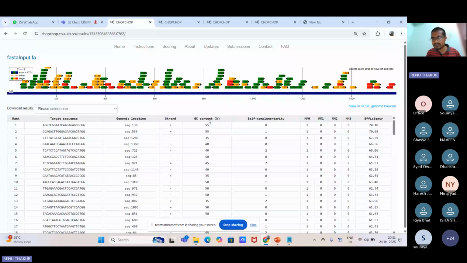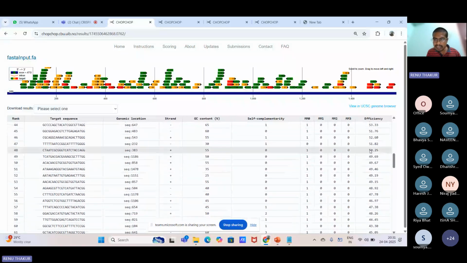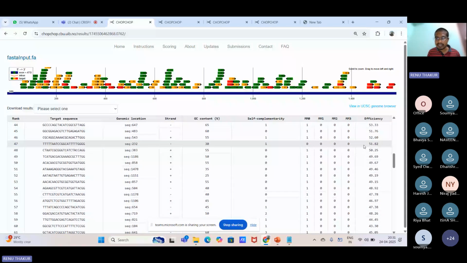Here we can check the mismatch columns MM0, MM1, MM2, MM3. All the MM should be 0, and the self-complementary also should be 0. Yes, only one sequence shows the 0, 0. Yeah, we can check guide RNA number 47. It shows the maximum mismatch 0, or otherwise the